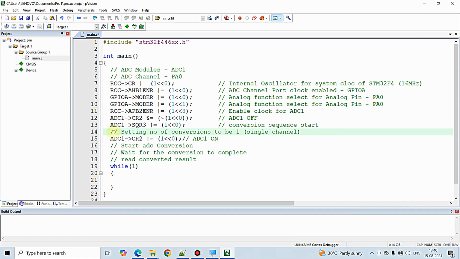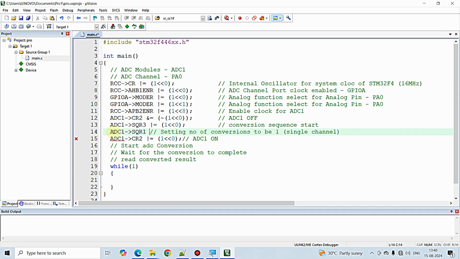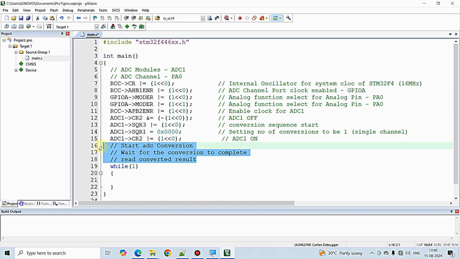So here in SQR1, I am just going to write directly 0 to all the bits. And that's all about the configuration lines that you want to do for configuring the ADC module of the microcontroller